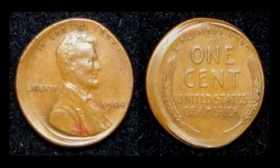or in a collection. You can see a few of the little rim nicks here. I don't know, that's just kind of commonalities with these coins, as the banks are using machinery to put these in rolls or to count them, and usually if a coin is out of round or a different shape or larger, then you're going to get some damage on some of these coins. But this one right here sold for